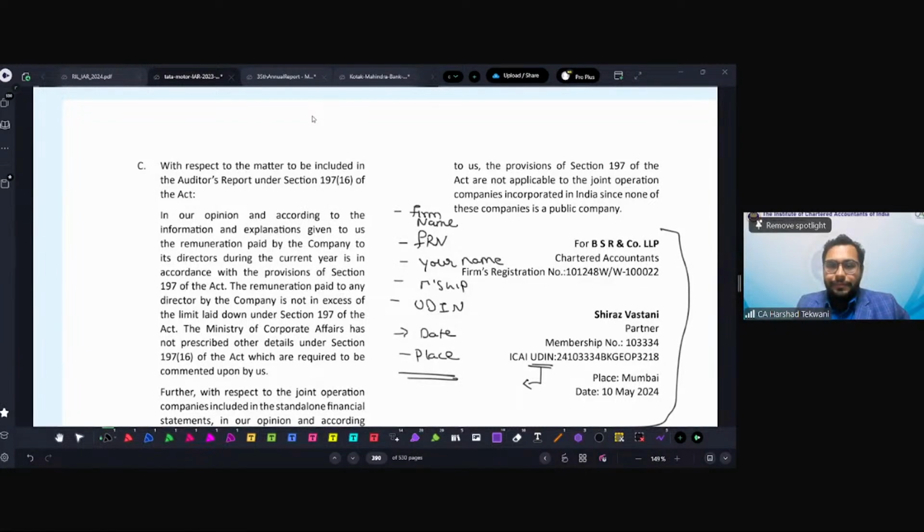Then, sir, we have to follow that format only. Yes, just like the requirement of that format, what to give here and what not to give. Absolutely correct. Actually, sir, in this report we proceed according to the Companies Act and Companies Rules,